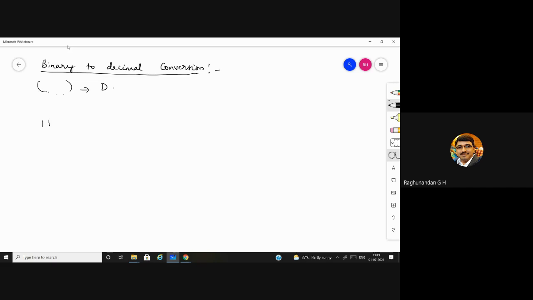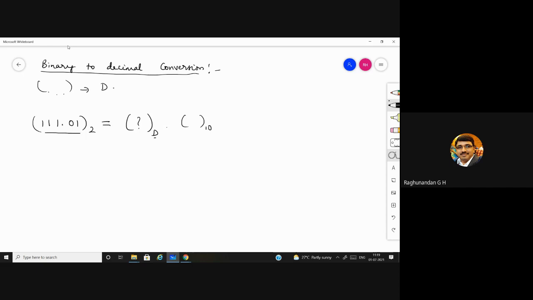So I'll take 1.01. This is in binary number system, and this I need to convert into decimal number system. They'll give you like this. This you should understand. You need to convert it into decimal number system, or it can be asked like this, to the base 10. Okay, they'll not give you convert binary to decimal. They'll give just like this, question mark.